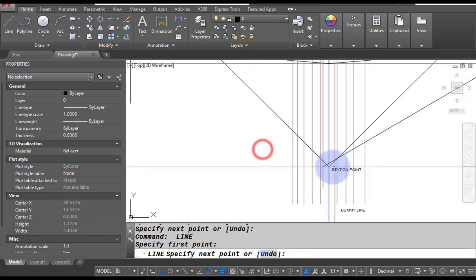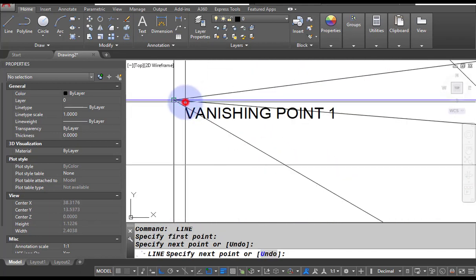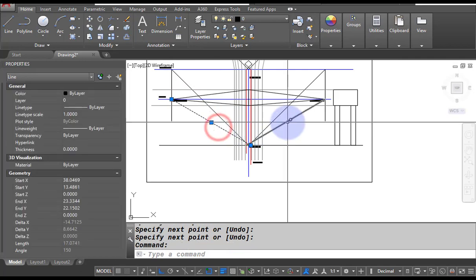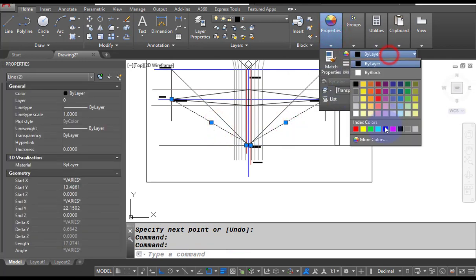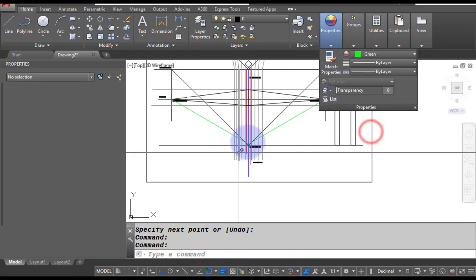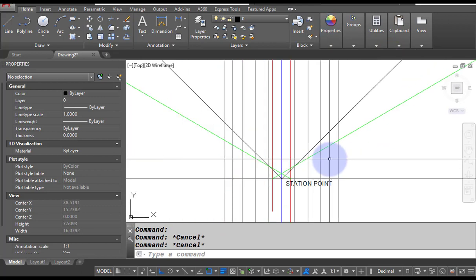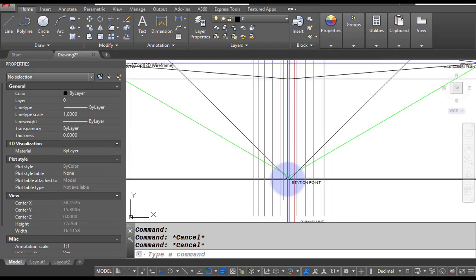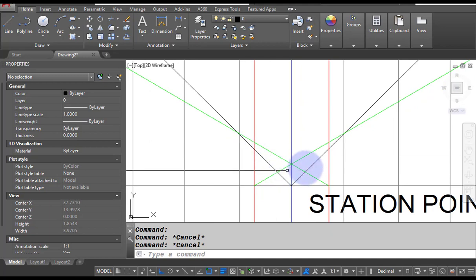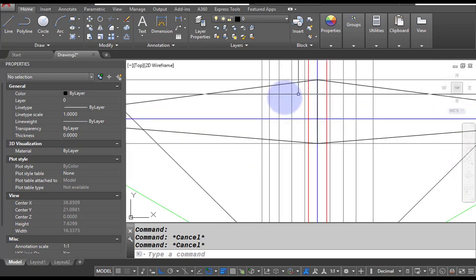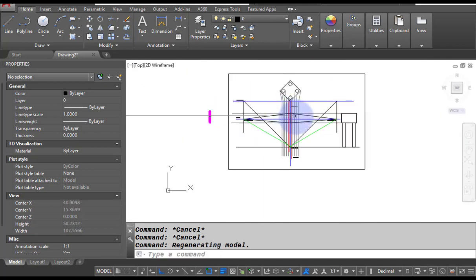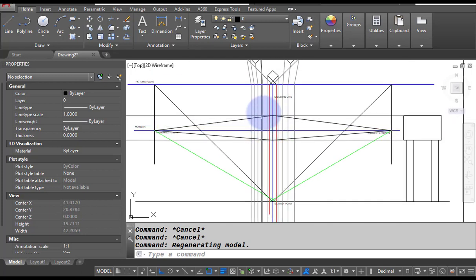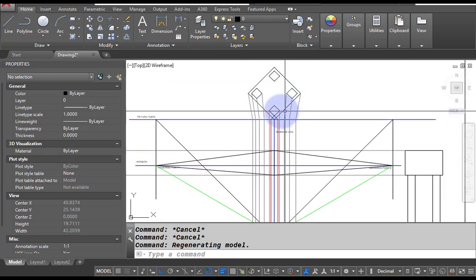Right now, for clarity, I am going to change this line color to, let's say, green, because this is important for us, right? So we have taken these lines. Now we are slowly going to connect to the perspective of the tank.